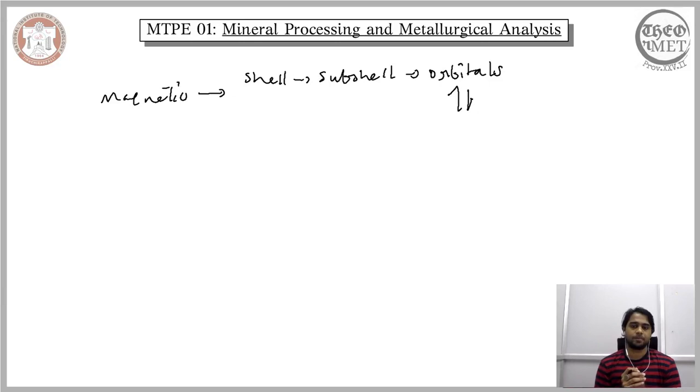so they have opposite spinning. Now, the minerals often do not comprise an individual atom, they comprise combinations of ions. If all the ions of the elements that constitute your minerals have electrons which are paired in this manner in their orbitals, that is, the electronic configurations of all these elements are such that they have a pair of electrons in the orbitals, spinning in opposite directions,